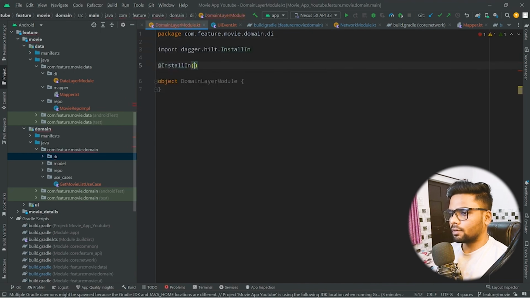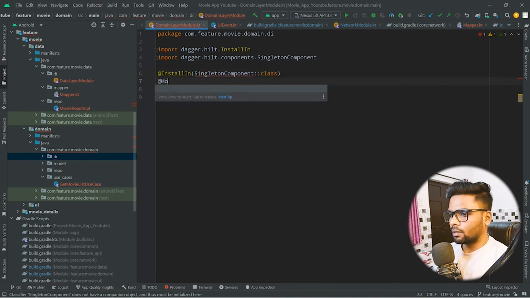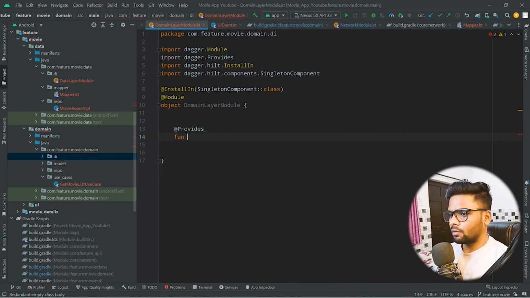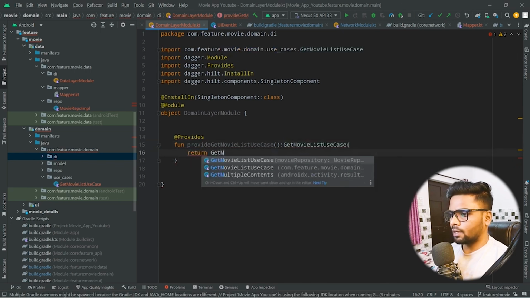Install in singleton component. Annotate this thing with module, and within this I'm gonna write a provide function which will provide our use case. So get movie list use case. Okay, so return type is get movie list use case, return get movie list use case,